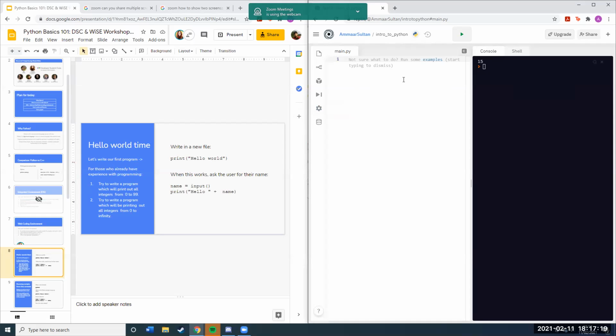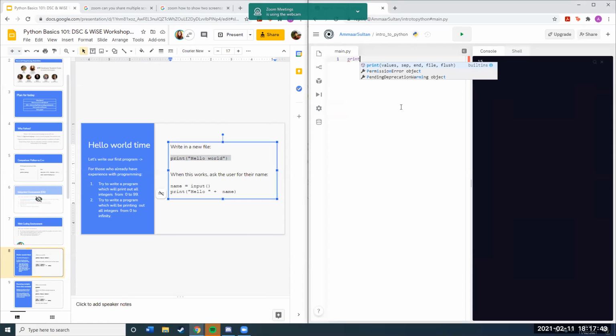Anyway, so assuming you can all see or hear me, once you set it up, there's just a couple of basic beginning things that you should be able to do. It's okay if you don't really understand why we're writing print sometimes or exactly what every part of the code does. We'll go through all of that. This is just to get a taste of what coding is like, because at the end of the day, it's just telling a computer to do something, and it's nice to see it work once in a while.